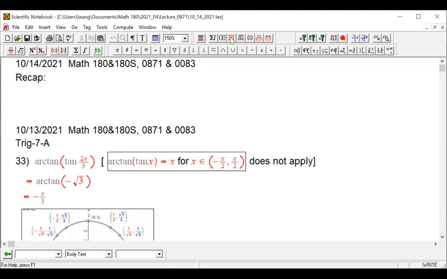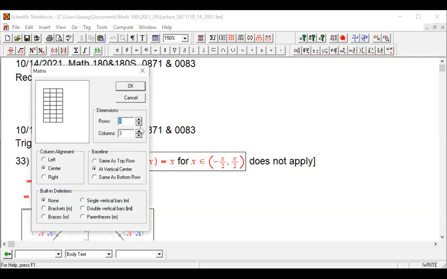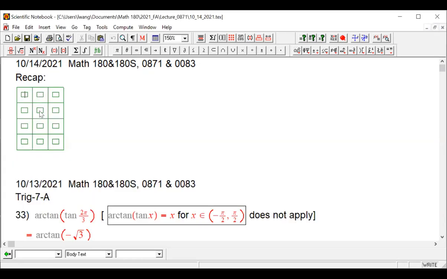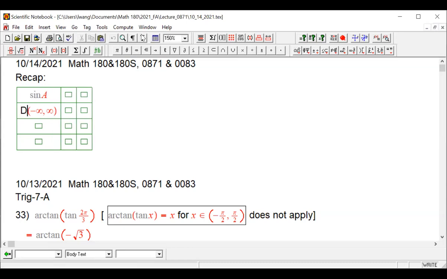on sine, for example, let me reduce the number of rows. We understand that when we're talking about sine, the sine function we mean is the sine function with domain from negative infinity to positive infinity, right? And its range, so that's a domain and range. Let me put a D here. And the range